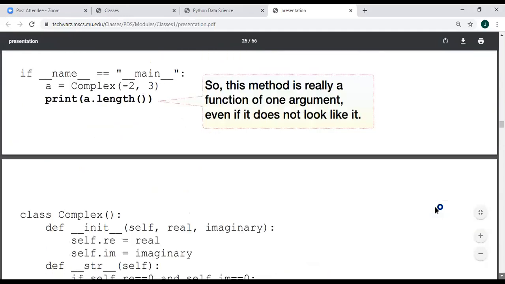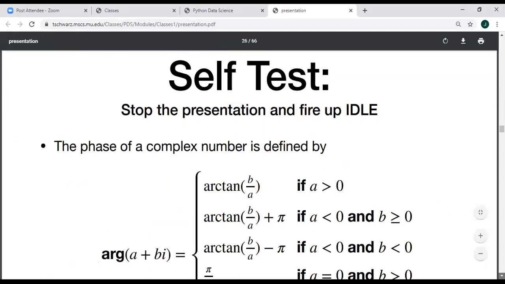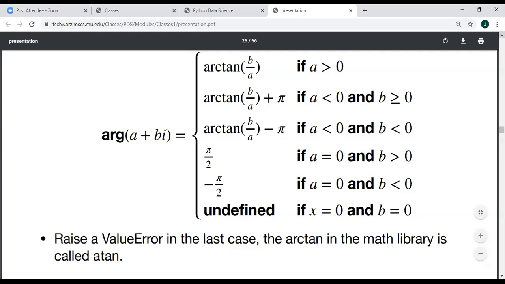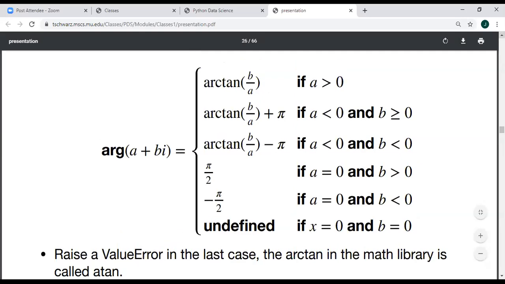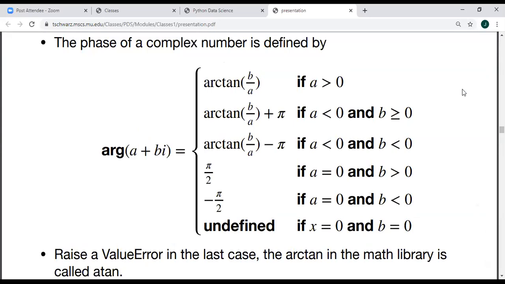This is the question displayed on the screen. I have already pasted my code, so you can take it for your programming part and try to find out the phase of a complex number. This is the mathematical formula given.